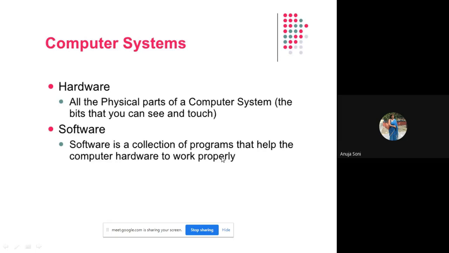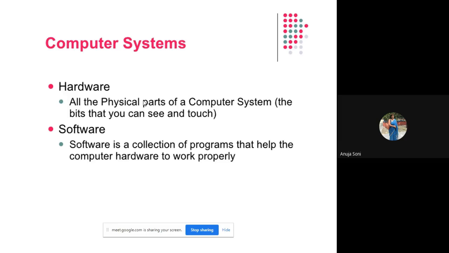So whenever you buy a machine from the market, it is not only a hardware part, rather some system software, some operating system, is already installed in that computer to make it work. The software which is meant to make the system functional is called system software. The most common example of system software is the operating system. Without an operating system, your system cannot work. So this is the essential software to be installed in the computer to make it work.